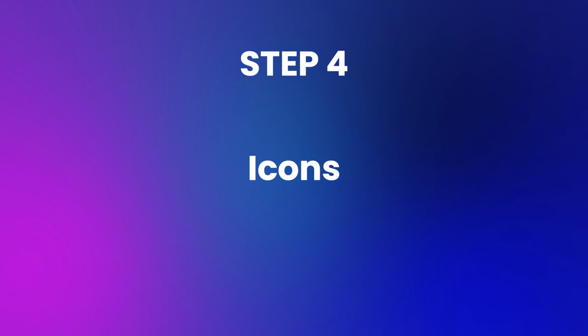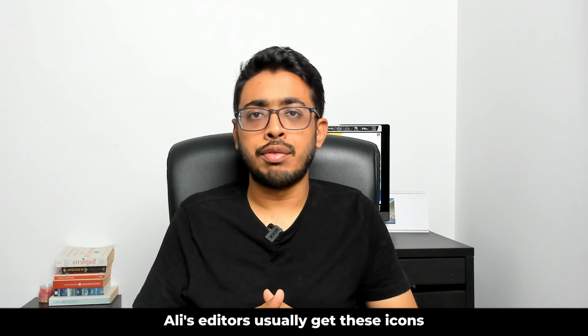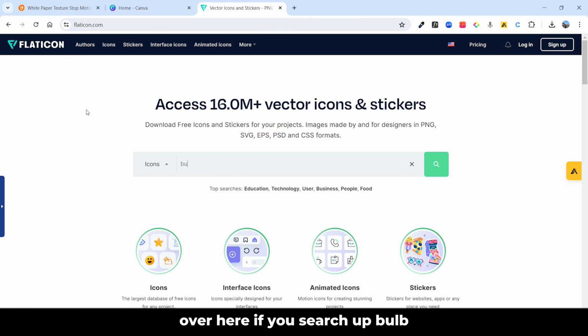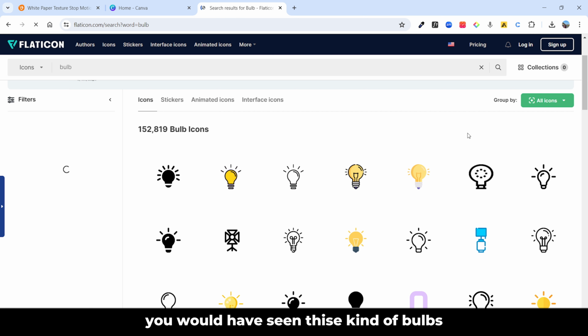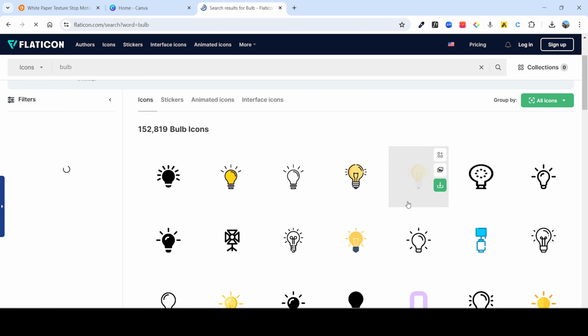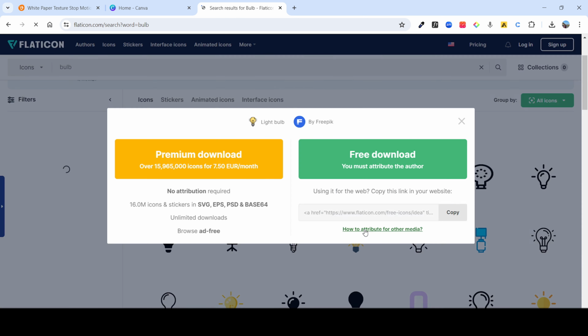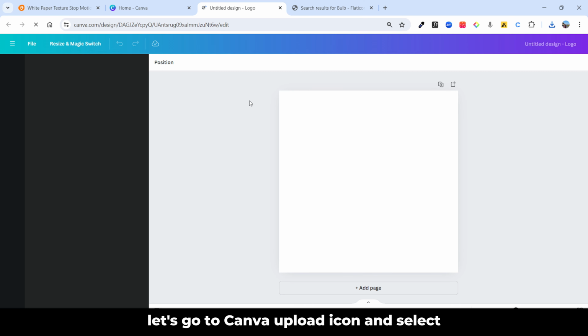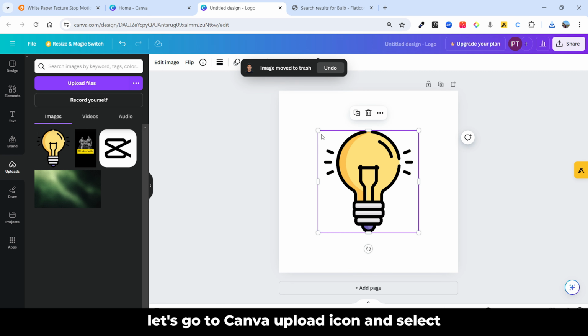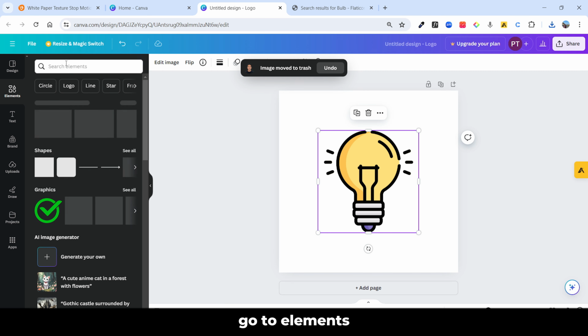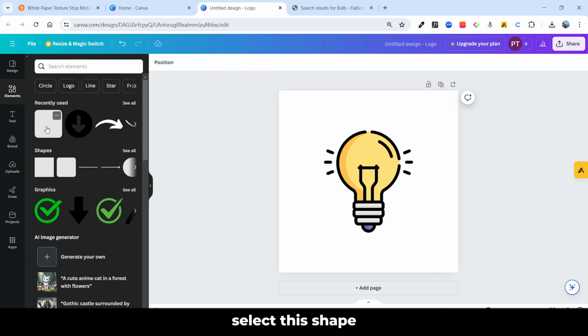Step 4 is icons. Ali's editors usually get these icons from Flaticon. Or if you search for bulb, you would have seen this kind of bulb in many of his videos and his thumbnails. Simply download it. Let's go to Canva, upload the icon and select. Go to elements, select this shape,